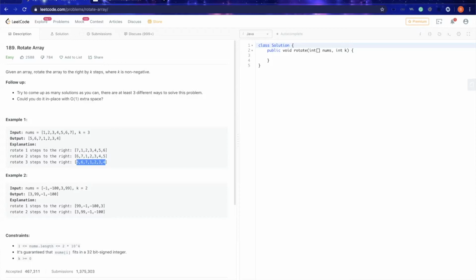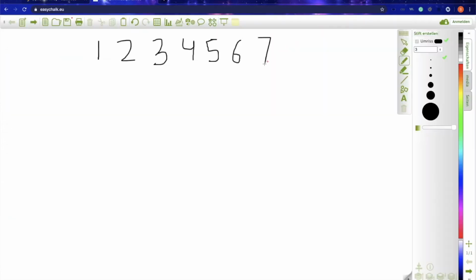There are a couple of different ways in which we can achieve this, but today we will be learning about doing it using a reversal algorithm. So let's see in a whiteboard how we can do it. Our k is 3 over here. So what we have to do is, repeating the question again, that we have to rotate this array by 3